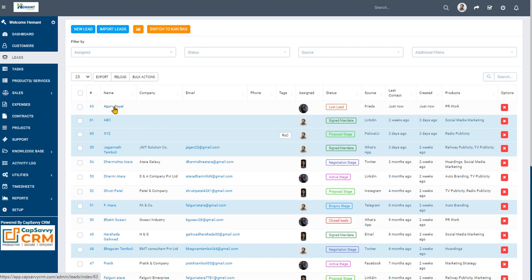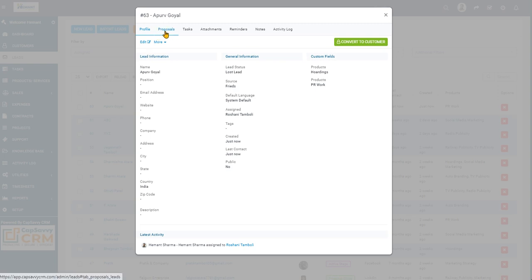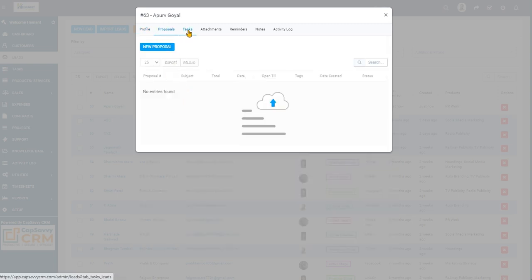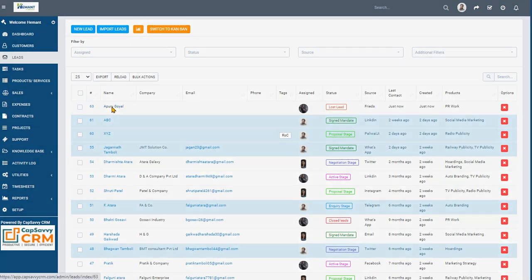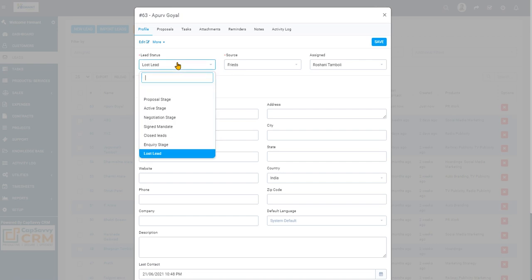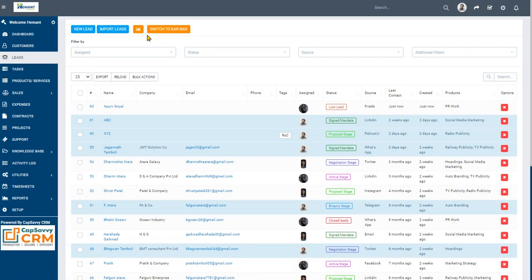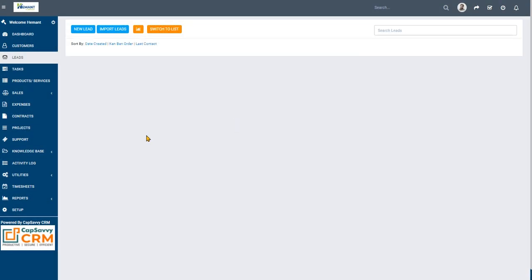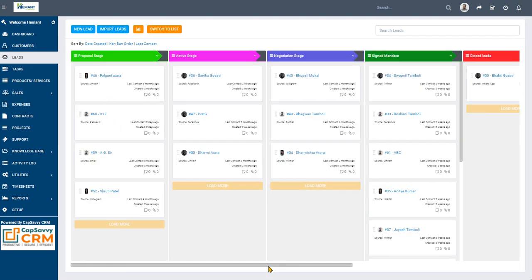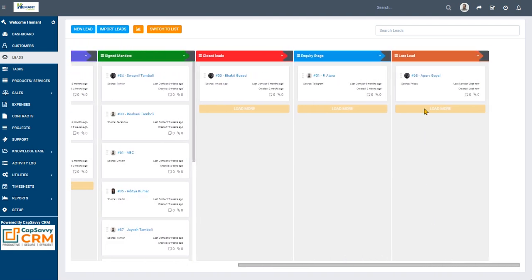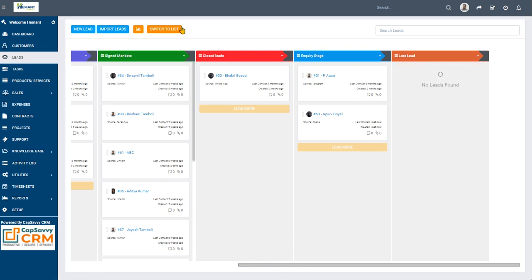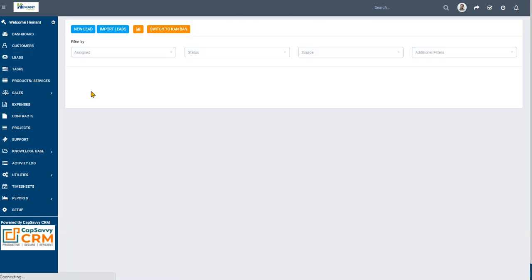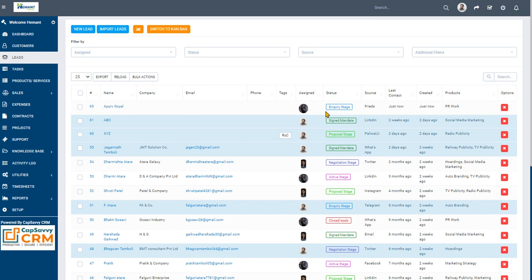Suppose you want to add anything related to the lead, you can add a proposal here. If you want to submit a proposal, or you want to change the lead, that is also possible. There are two ways of changing the lead. One, you go to Edit and change the lead status, or second, you go to Kanban, and the lost lead is appearing here somewhere. If you want to change it to the inquiry stage, you bring that stage here. So it is now at the inquiry stage. Go back to switch to Lead, and you see it is now coming at the inquiry stage.